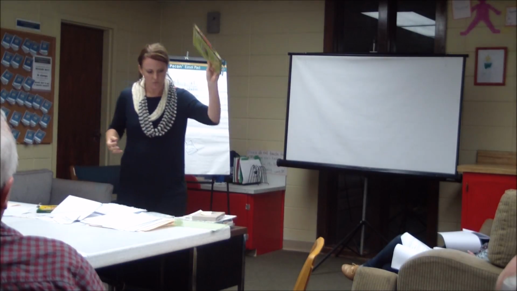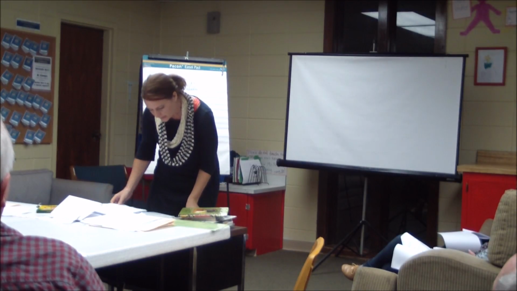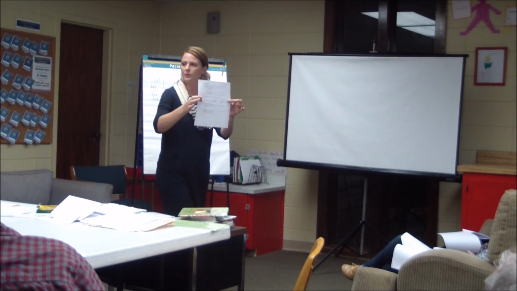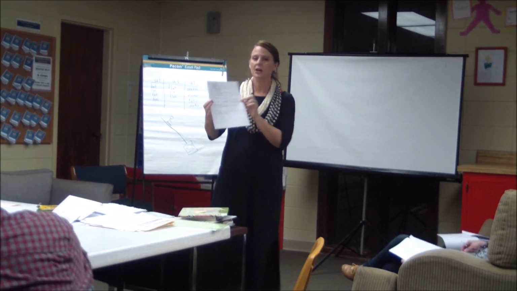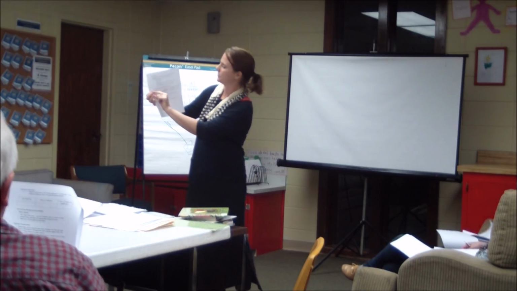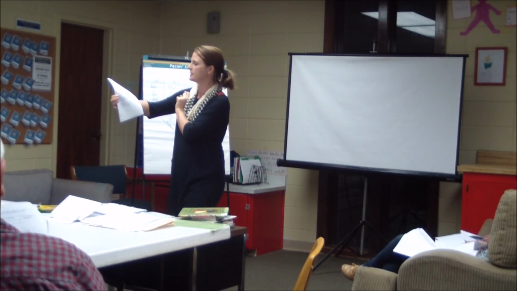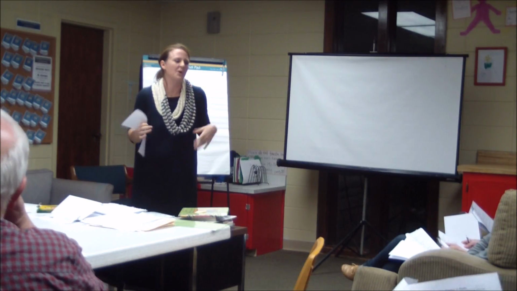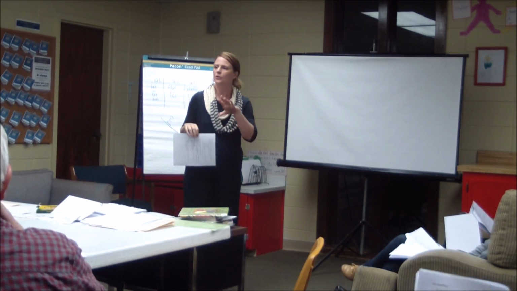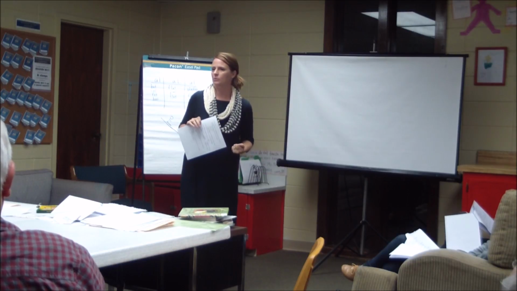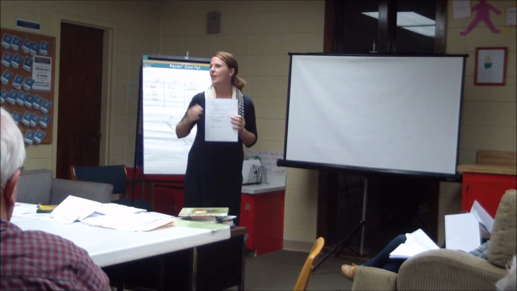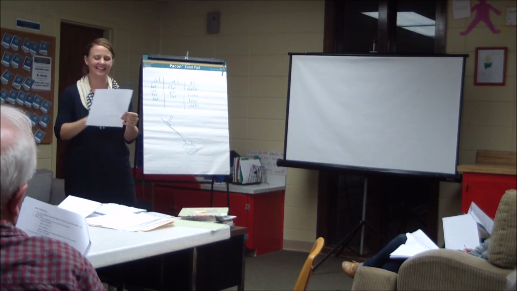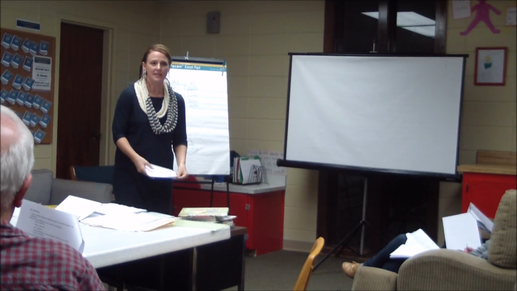So let's imagine that I just read the whole book to you. Here, I might use this character chart for inferring that's on the next page. I know that Yoko, using inferences to understand character traits, is, what kind of person is she? What word would you use to describe the little girl who just made these things for her grandmother? Thoughtful. Thoughtful, that's the word I have. Oh, yeah, no, on my sheet. She is thoughtful because in the text,